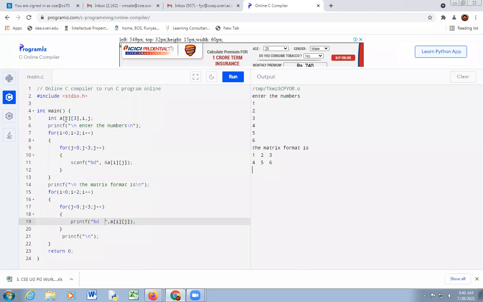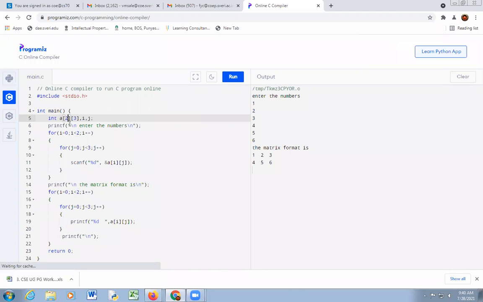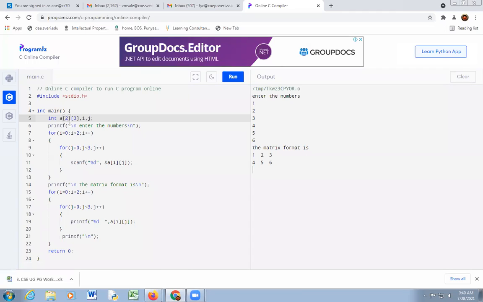What is your array size? How many rows? How many columns? See how many numbers should be entered in that matrix. So if you want to enter more than this, or if you want to take this row size and column size from the user side through the keyboard, then you should declare it like this. See here, I will modify the program. Suppose I am taking row size as 20 and column size as 30, but I want to take the row size and column size through the keyboard.